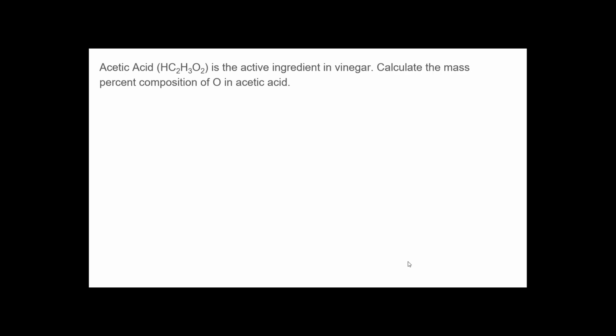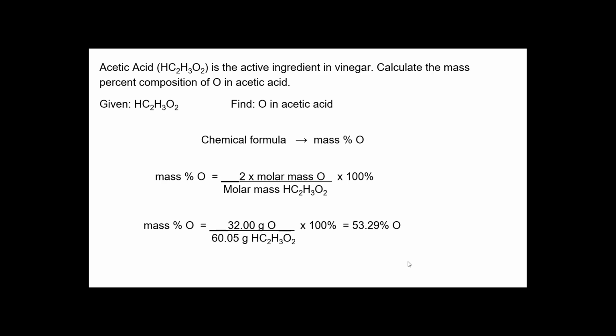Acetic acid is the active ingredient in vinegar. Calculate the mass percent of oxygen in acetic acid. So again, we need 2 things here. We need the mass of the whole compound of acetic acid, the molar mass, and we need the mass of oxygen, since we need to pay attention, we have 2 of them. So in this case, we want the mass percent of oxygen. So we set this up, times it by 2, the molar mass of oxygen, and the molar mass of acetic